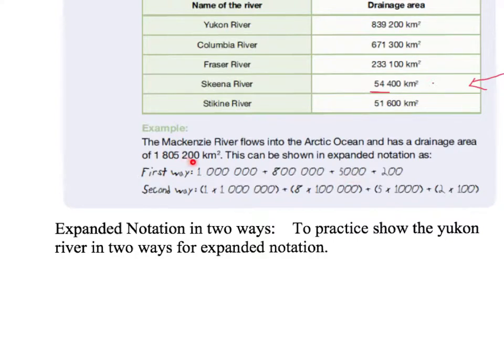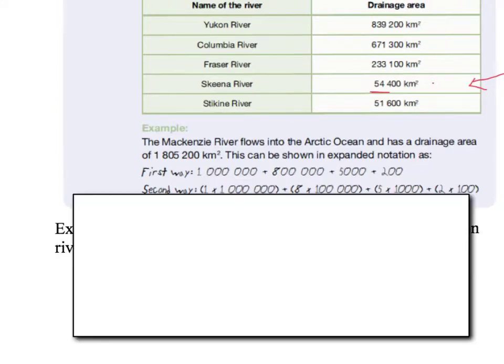5, and then filling in these places with zeros, plus 200. Now, I'm going to show you one of the ways that I like to do it, or I've had more success with students trying to do it this way, because then their numbers are lined up. So I would start with the 1 million,